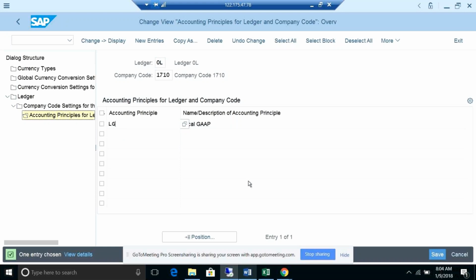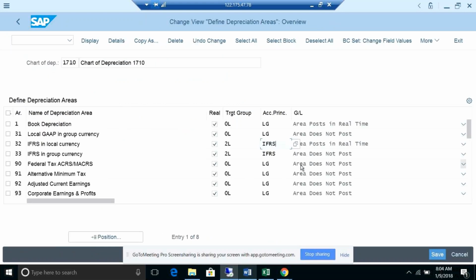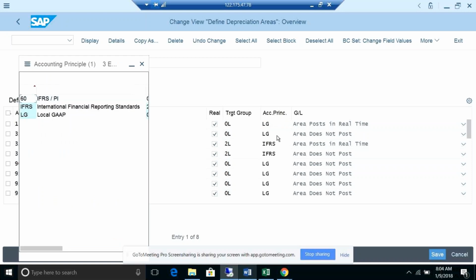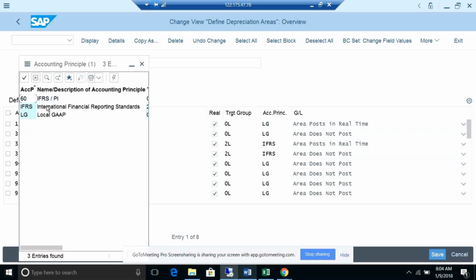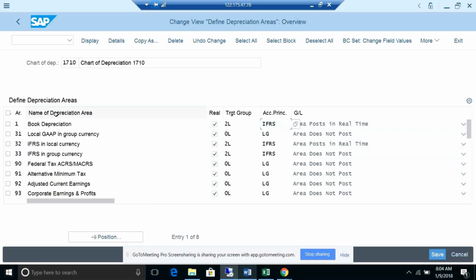Okay, and let's see other things. For example, LG is local GAAP. Let me say it is IFRS. What is changing here?